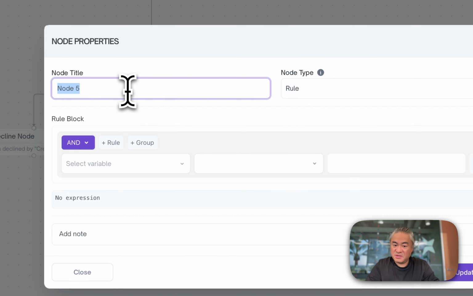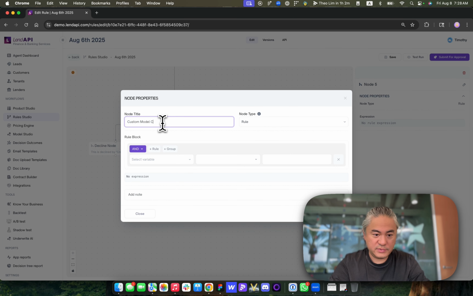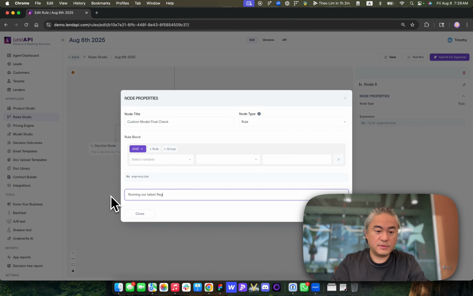And you know what? Somebody had probably built a beautiful machine learning model. Final check. Final check. Credit check. How about that? So we'll name that puppy there. Final check. We have some character limitations on this. And this node will be running our latest regression model. Regression model